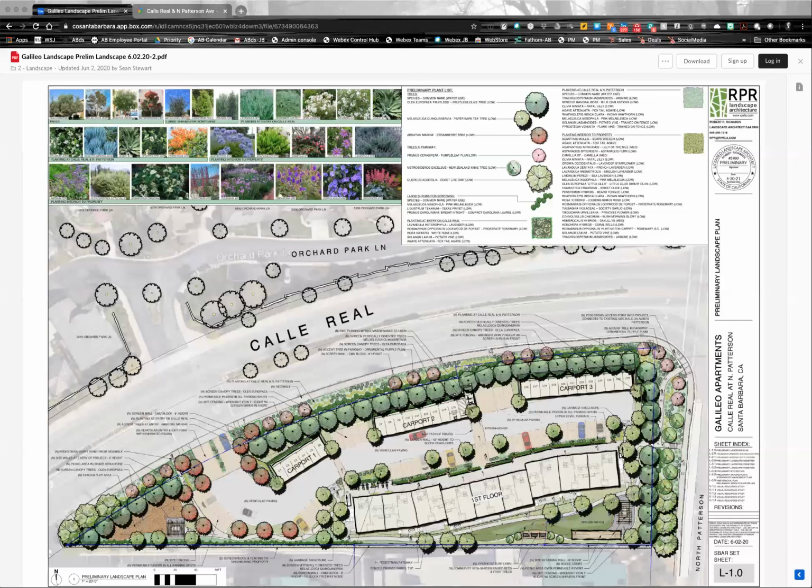I think breaking up the carports, I would like to see more of what the carports actually look like, but in the section pieces, they look a lot more interesting, which is what we were hoping for. And breaking them up, and the landscaping on paper looks very intensive, which is good, but I would be concerned about the sizes of the trees as they go in. I'd defer to the landscape architect about that, but